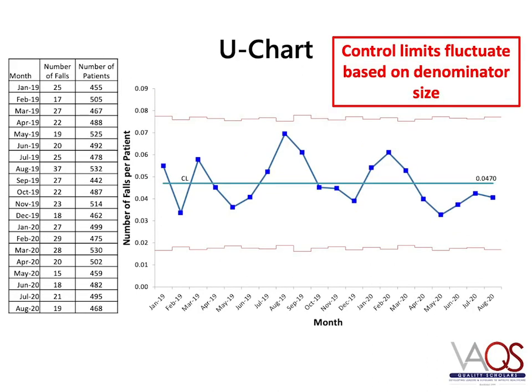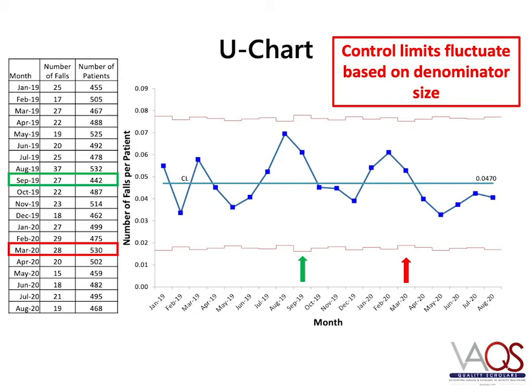We will next look at the number of falls per patient using a U-chart. You can see that for a U-chart, you will need both a numerator and a denominator to create the chart, because the denominator varies. Although your numerator is much lower than your denominator in this case, it is possible for the numerator, number of falls, to be greater than the number of patients, which means that you need to use a U-chart. Like the P-chart, the control limits on the U-chart are calculated point by point. The smaller the denominator, the wider the control limits. The larger the denominator, the narrower the control limits.